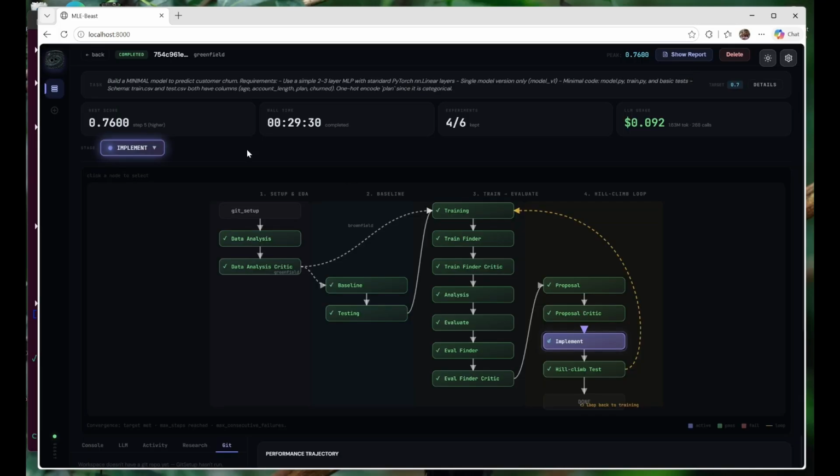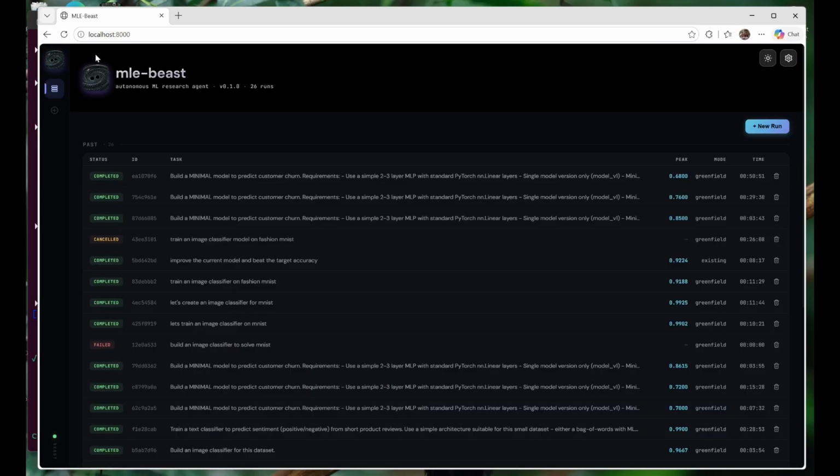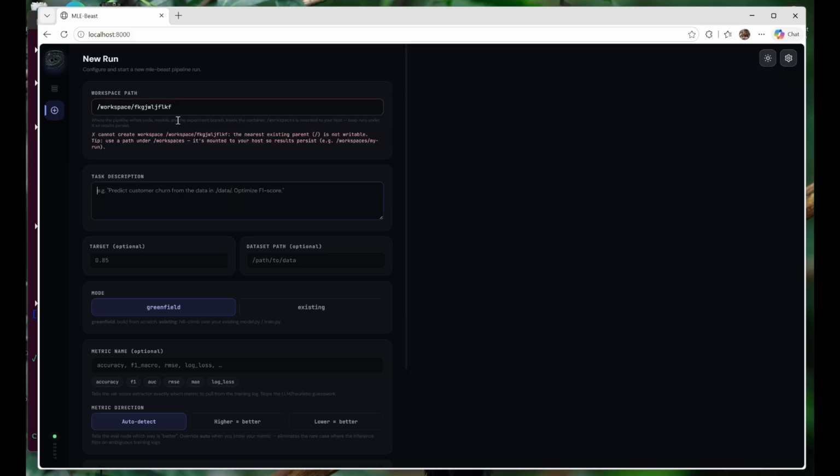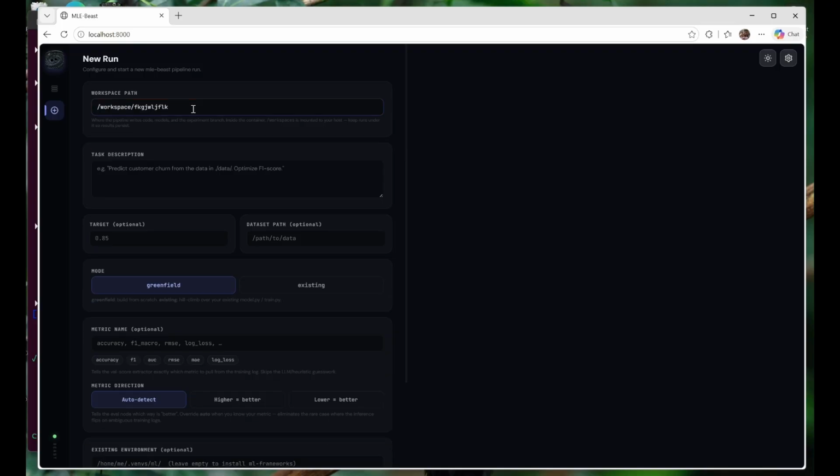Right, so let's try a new run. We're going to come back to the front here and click New Run. Now, since we're running in a container, we can use this auto-generated path if we want, or we can change it. Just to note that if we change it to something that doesn't exist, hopefully it gives us an error. So we'll just call this workspaces